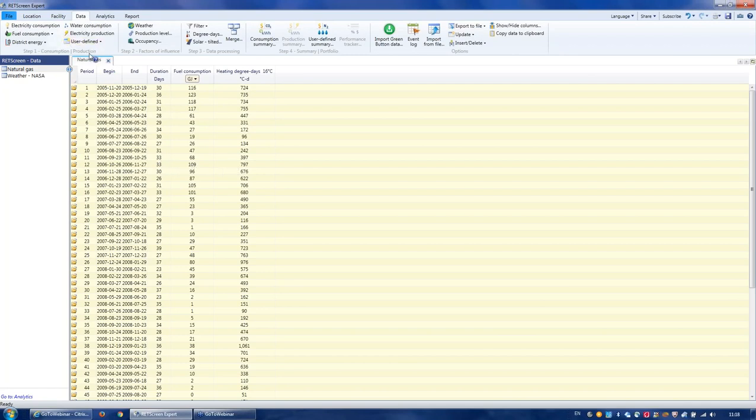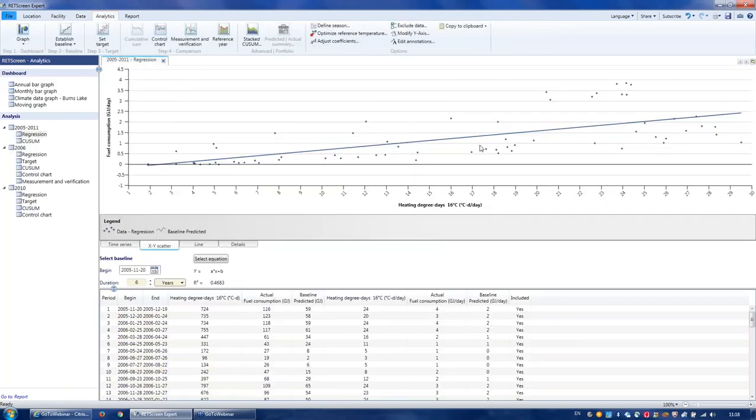This sets you up for doing regression analysis, where you take your actual consumption, for example, versus a factor of influence such as the weather, like heating degree days. Then you use that data and do analytics. And this is where you do things like regression analysis, where you're trying to create a predictive model given certain temperatures, etc. And then out of that analysis, you can create automatically in the software measurement and verification graphs, which is